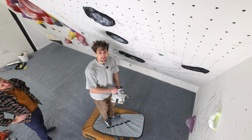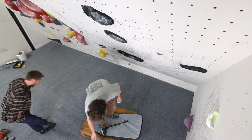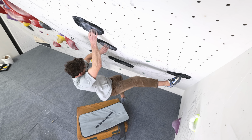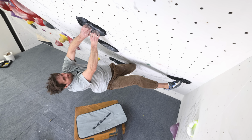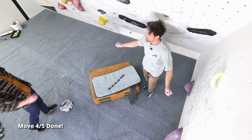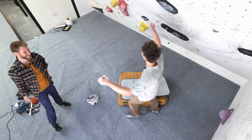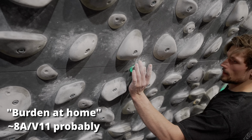Yeah, so I've been training for this replica for a while now by climbing on a vertical replica of the replica. And now I'm gonna do a move on the replica. Yeah, come on. Yes. Come on, Emil. Yes. Okay, a move. Good work. A move. Success! Right, now that we've done a move of the replica of the replica of the replica of Burden of